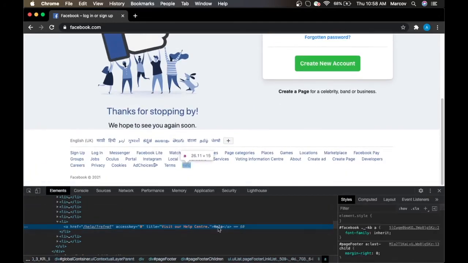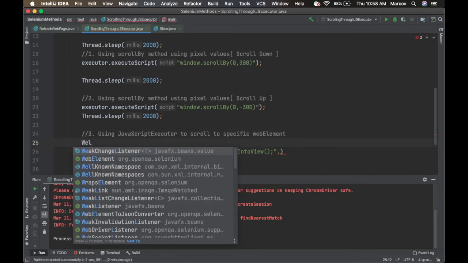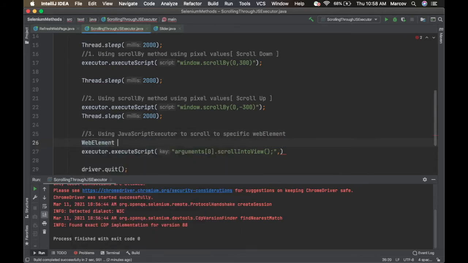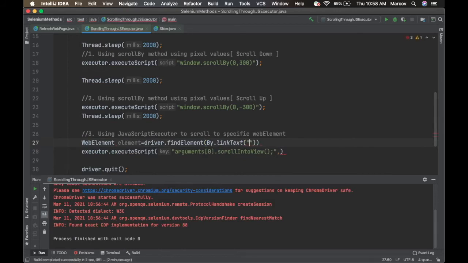So this help has some link text, so I'm going to use this link text. Okay, so what we are going to do is scroll through a page towards this element. So you just need to create a web element first. Just create a simple web element. So I'm using link text. Okay, I'm going to pass the text as help,